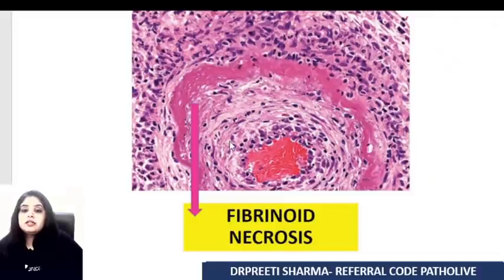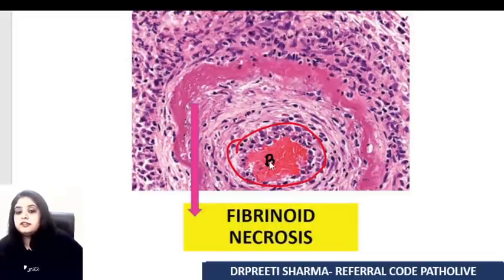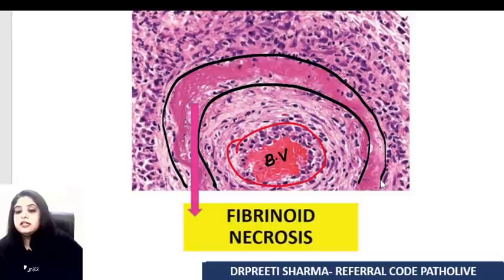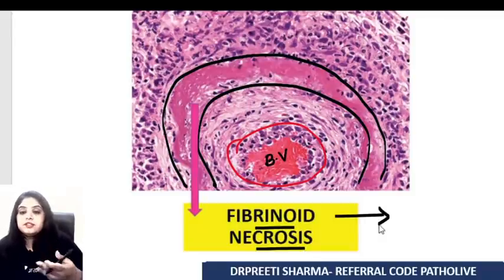Coming to the next, here we have a wonderful, beautiful picture. Everything is speaking for itself. You have a lumen out here. You've got lots of blood over here. So this is obviously a blood vessel. These are all red blood cells. And then apart from that, I see this band of pinkish material because that is the area of necrosis. And when I put two and two together, a blood vessel with necrosis, what comes to my mind is fibrinoid necrosis. And obviously fibrinoid necrosis is seen in a lot of organs and a lot of diseases.